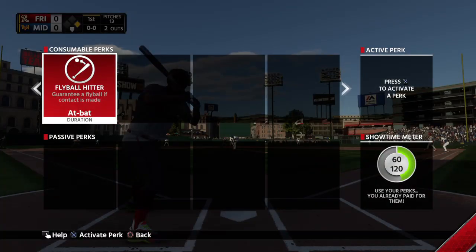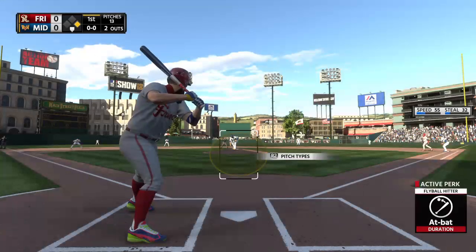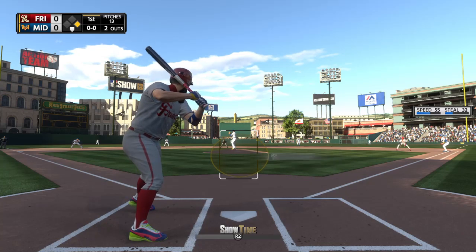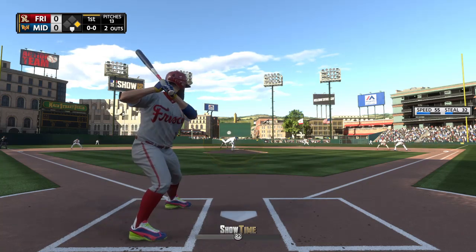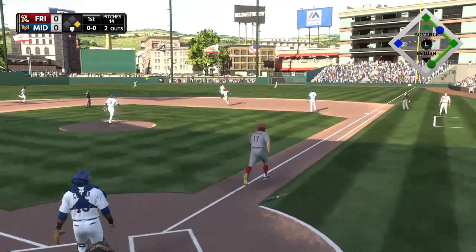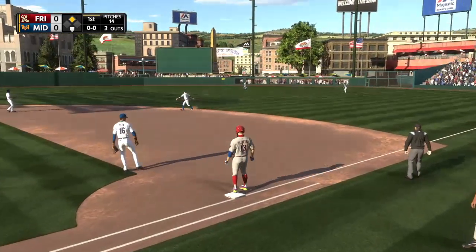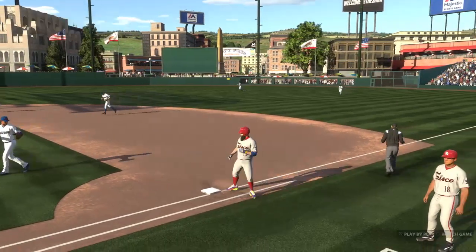Standing in, Miguel Oliveros. He went deep in the contest last night. He's ready. Here's the first offering. This one skied out toward right. McLean is under it, and he makes the catch for out number 3. One error in the inning, but